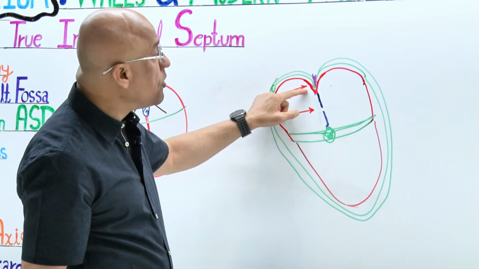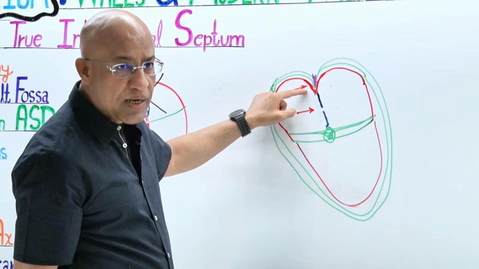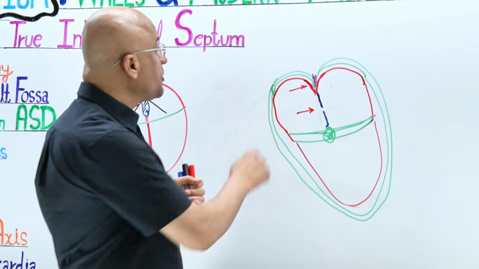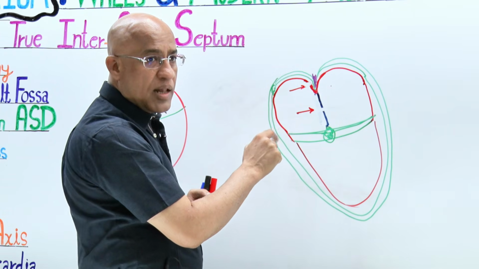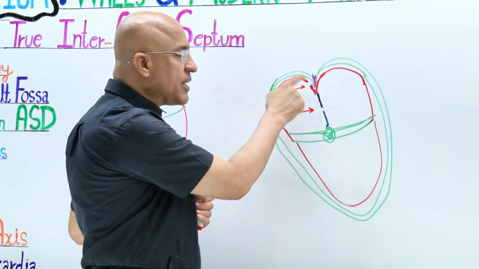So that is not the right thing to do. That can damage. For example, if you produce a puncture here and bleeding occurs into the pericardial sac,